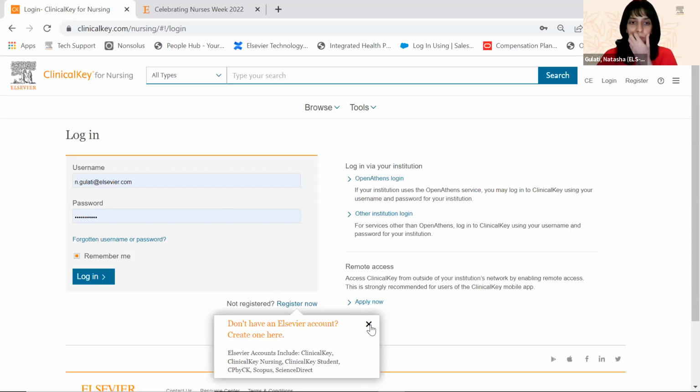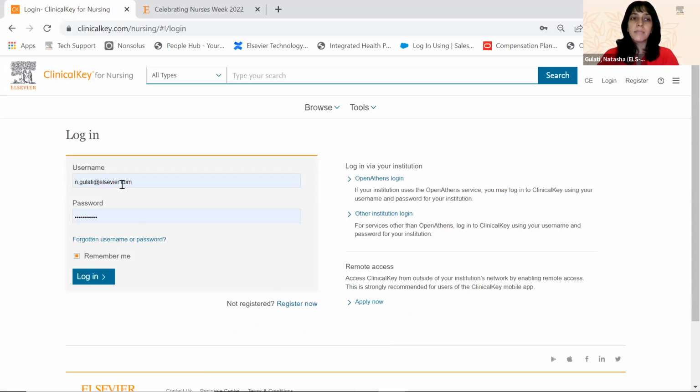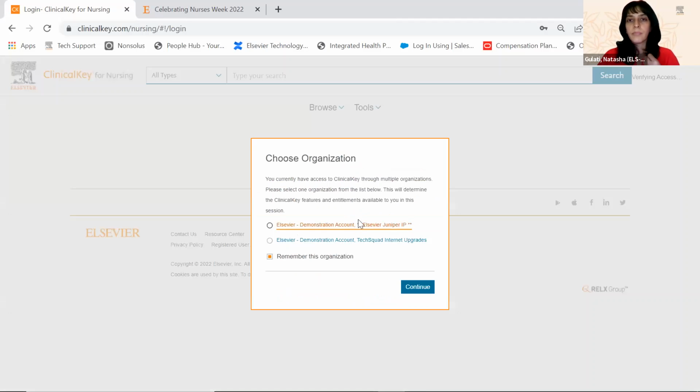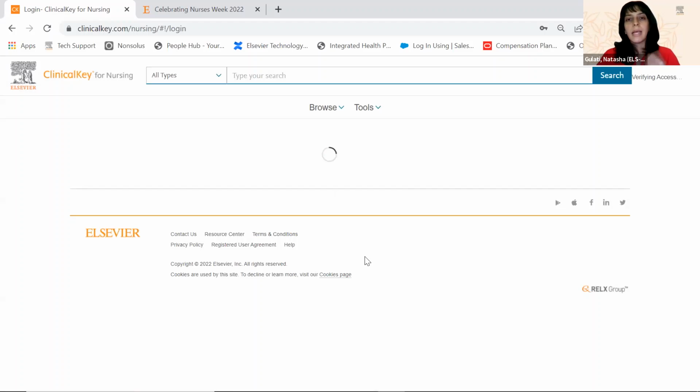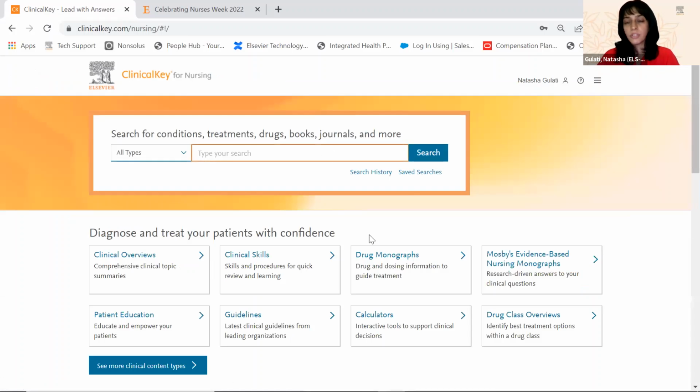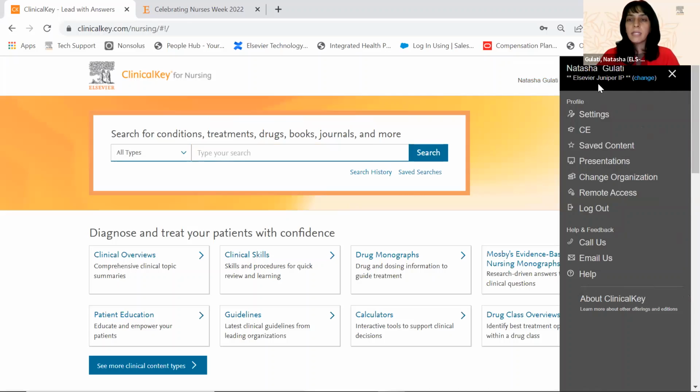So when you register, then log in with the account that you just created. So for me, this is my Elsevier account, my institutional account. I'm going to log in with this. And the reason why we encourage users to log in with the account is because once you log in with your personalized account, you have access to a lot more tools and functionalities. For example, right next to your name in the gray bars on the right, when you click these gray bars, a menu pops up, which gives you